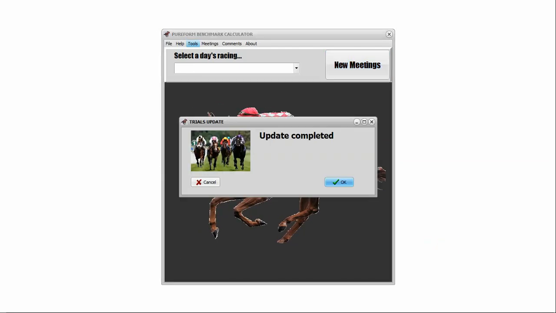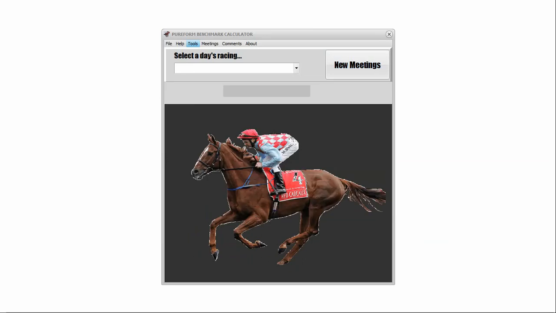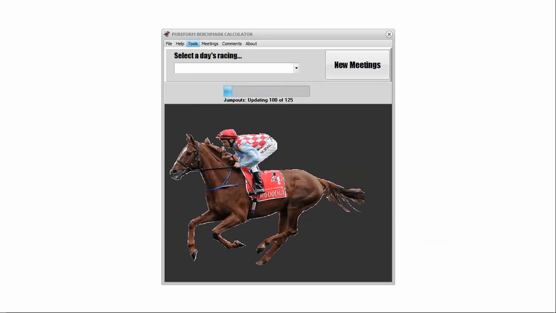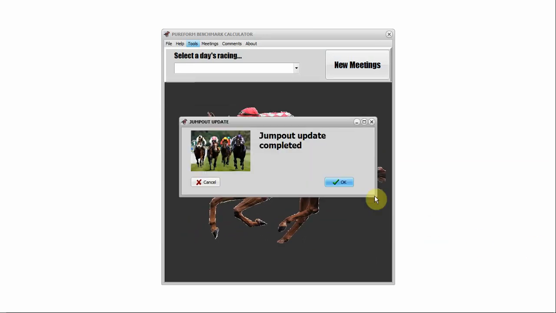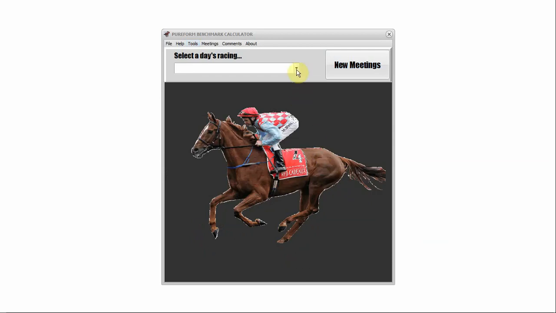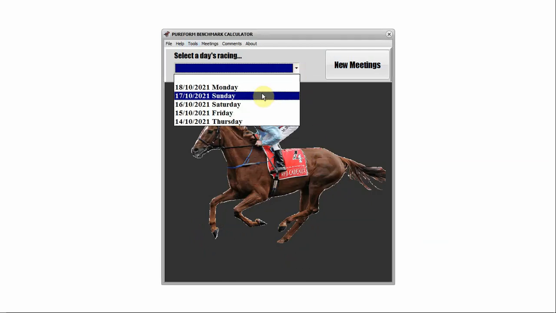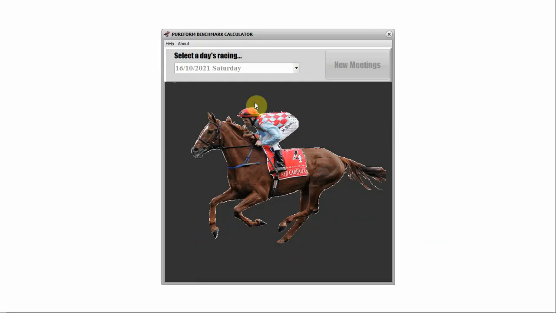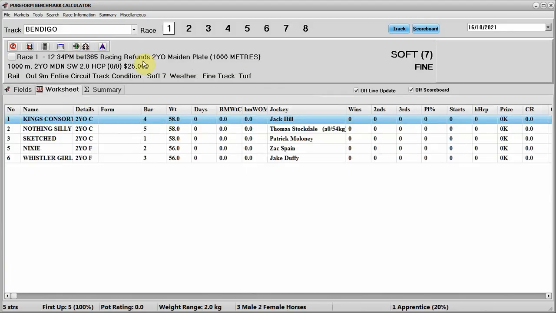This can take some time to do, and then it'll do the trials, and then it says update completed. You can click OK, or after a few seconds it'll just start on the next thing, the jump outs, which of course are nowhere near as much. So if we return, the jump outs have already been added, so that's just to show you how to do it. If we go back to that race,